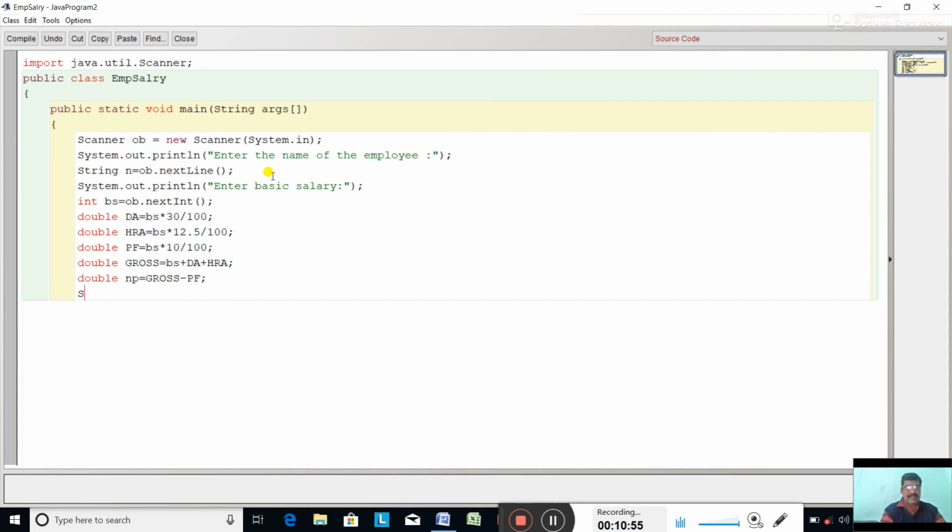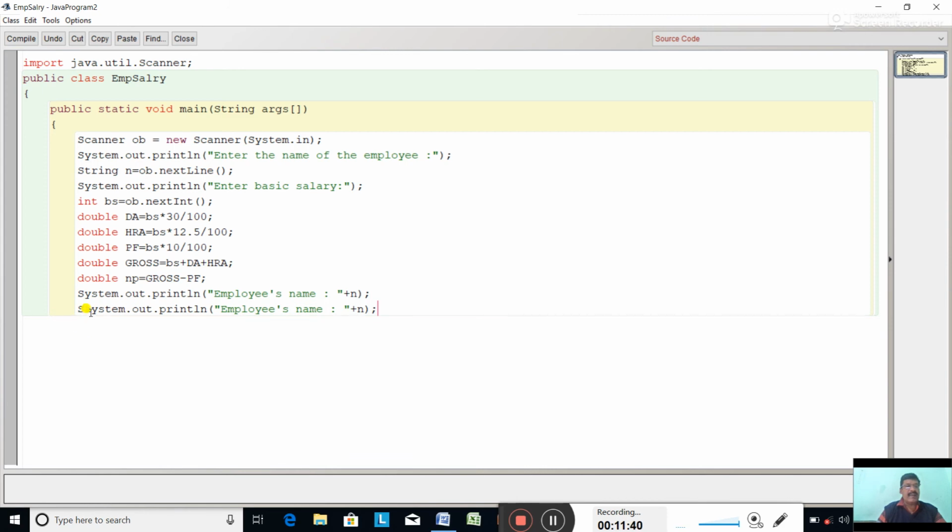Okay, now print all these things. System.out.println employee's name, n. Employee name we have taken n. Paste it.